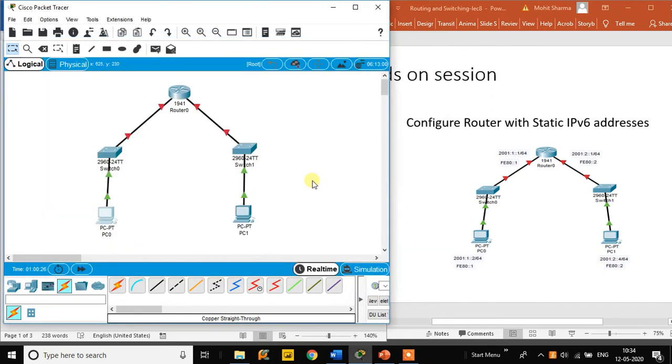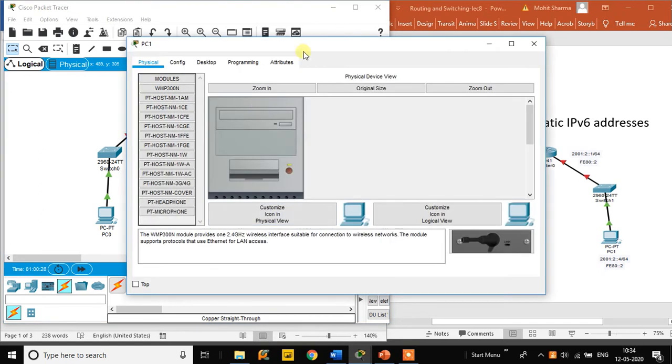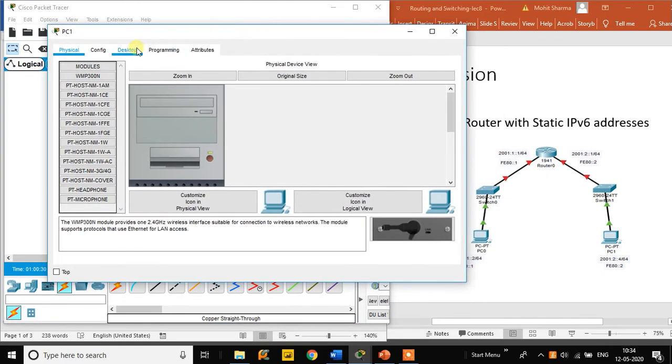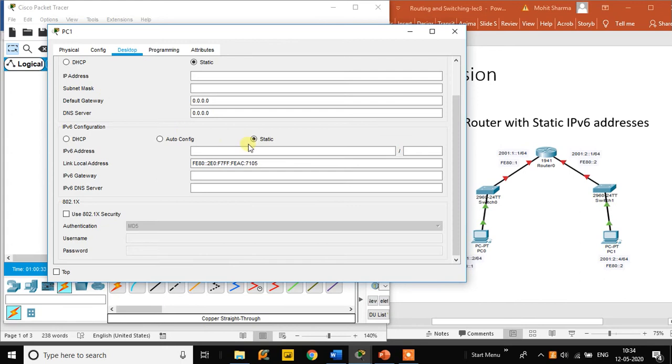So we have assigned the IP address to PC0. Now we will move to PC1, and similarly we will assign the IPv6 address to PC1 also. We have to go to the Desktop, IP Configuration, and this is the IPv6 address.